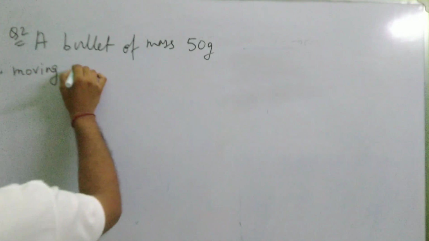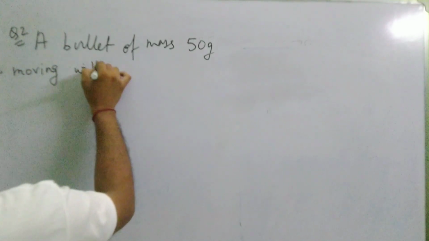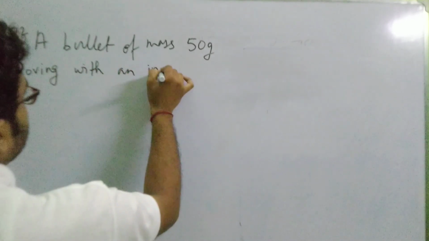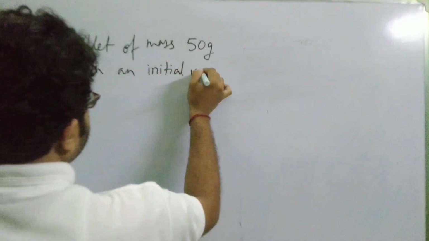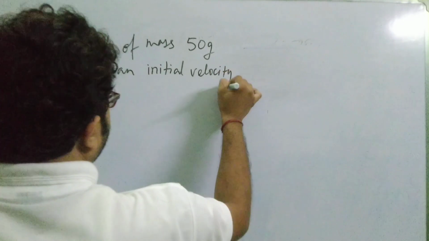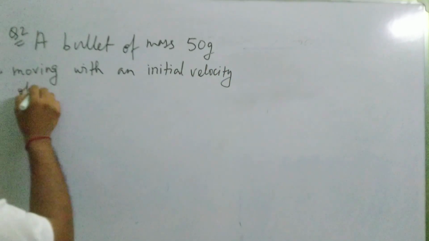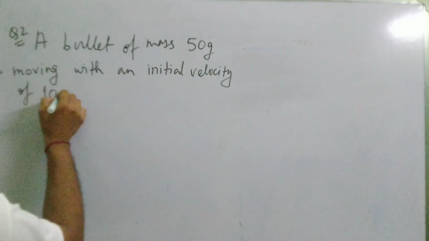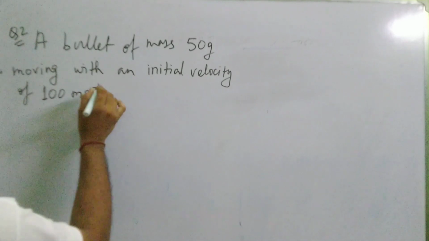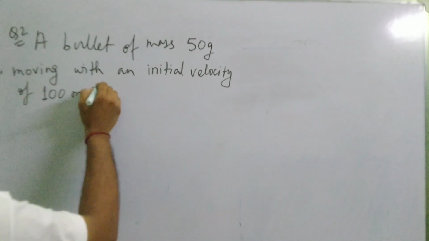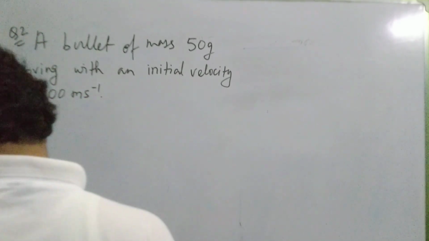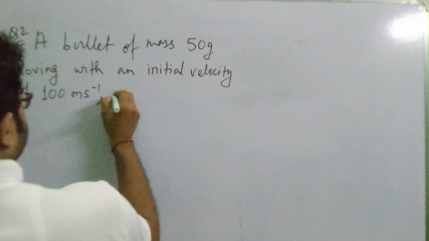Moving with an initial velocity of 100 meter per second. Definitely it is a bullet, so it should be moving with a high speed, 100 meter per second. Fine. It strikes